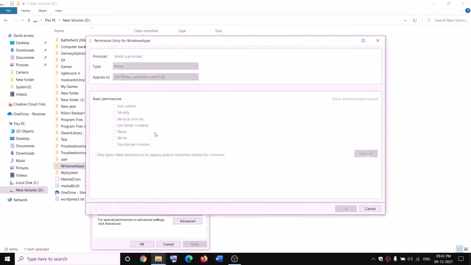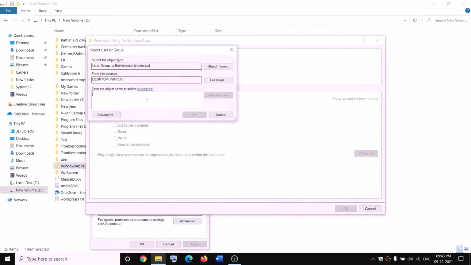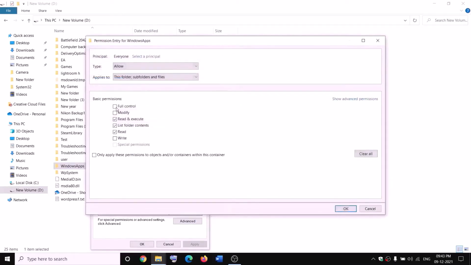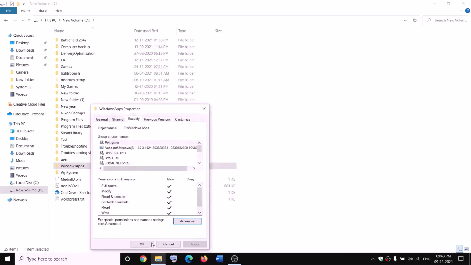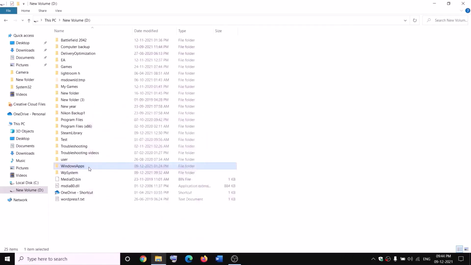click on add, select a principal, everyone, check names. OK, put a check on the box which says full control. OK, apply. OK, OK. Now make a right click on Windows apps and then click on rename and then rename it as Windows apps.old. Now while renaming it, if you receive any kind of error message which says file is